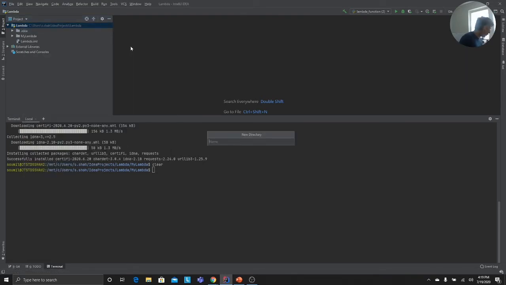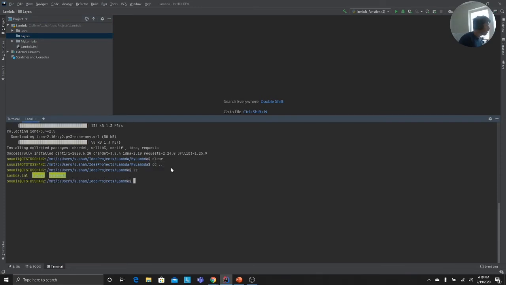So make a folder, call it layers. So now what you want to do, so I'm using Windows subsystem for Linux. This is very, very important because if you do it with Windows and if you say pip install and stuff, it creates basically a Windows distribution file or like a wheel in Python. So instead I would recommend using Windows subsystem for Linux.